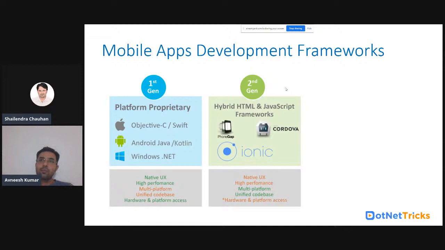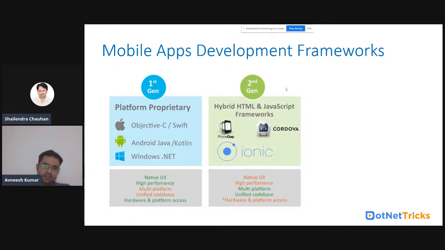They were built upon JavaScript, HTML, CSS, like a web form. A hybrid application is just like running a web browser inside a native app. Different technologies like PhoneGap, Cordova, Ionic were used to develop hybrid apps.